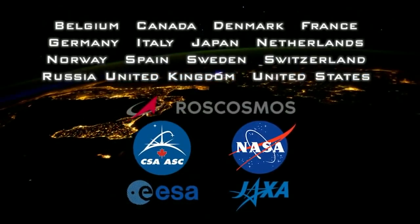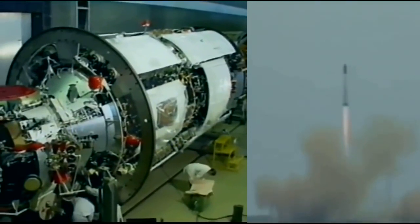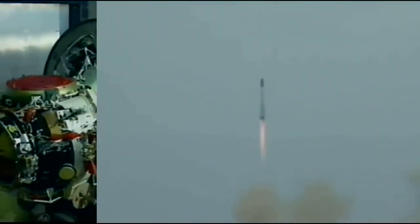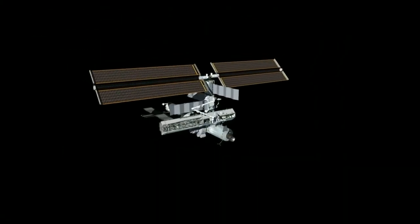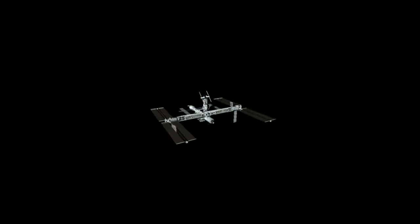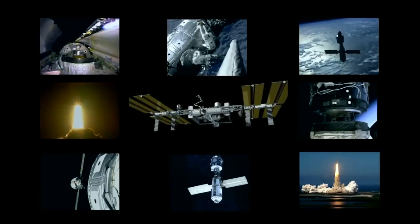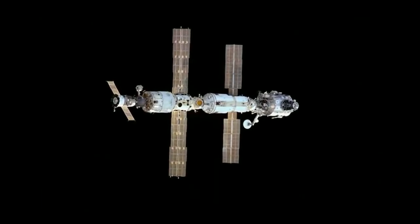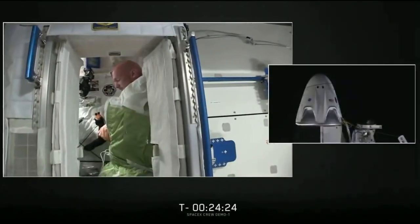Thanks to space agencies representing more than a dozen countries around the world, it went from the drawing board to liftoff when the first piece flew into space in 1998. That kicked off over a decade of construction, hauling the station to orbit piece by piece on NASA's space shuttle and Russian rockets. And after the first crew arrived in November 2000, we started an unbroken streak of humans living